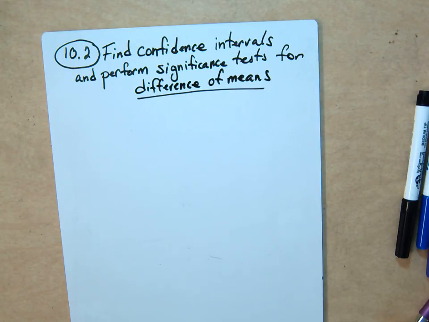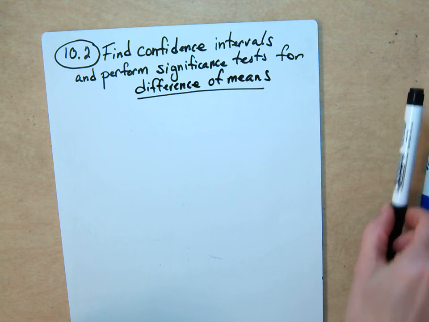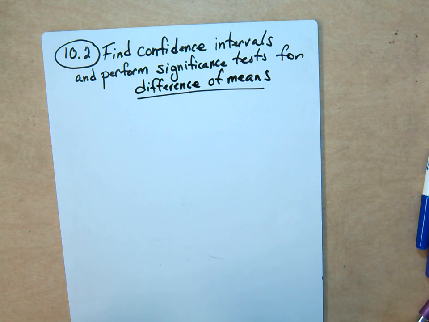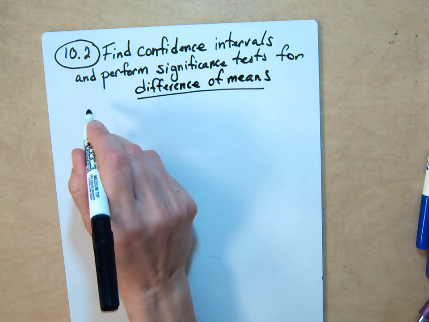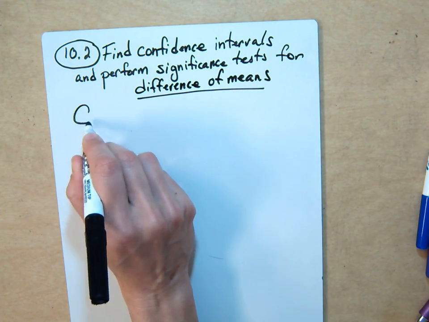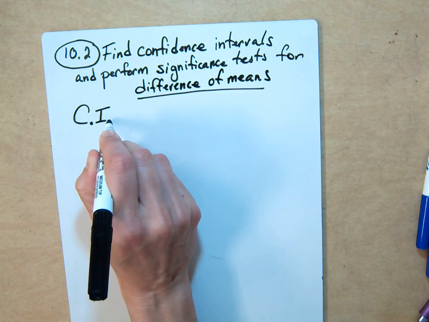10.2, finding confidence intervals and performing significance tests for difference of means, because we're looking at two populations. Here are the formulas, all the formulas you'll need. There are just two. So if you're doing a confidence interval